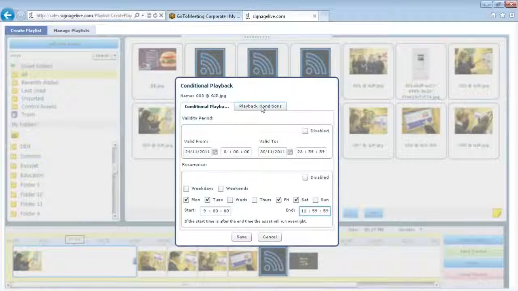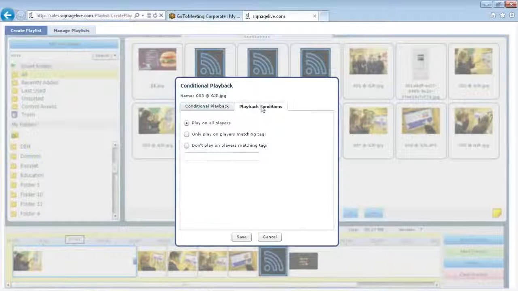What we can also do is if we look at the top here, we can set the playback conditions. So I can get the asset that we've selected to play on all of our players, or to only play on players that match certain tags. When you set up a player on your signagelive network, it gives you the options to add tags to that player. So if I had 5 players on my network, one of them was tagged, say, London,